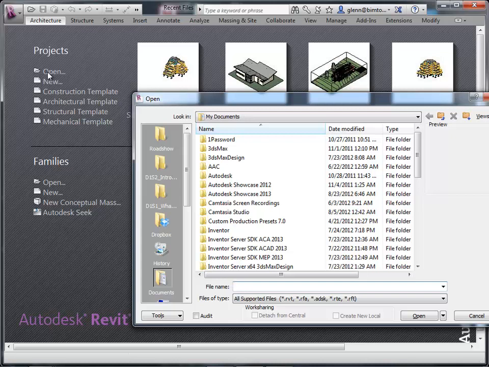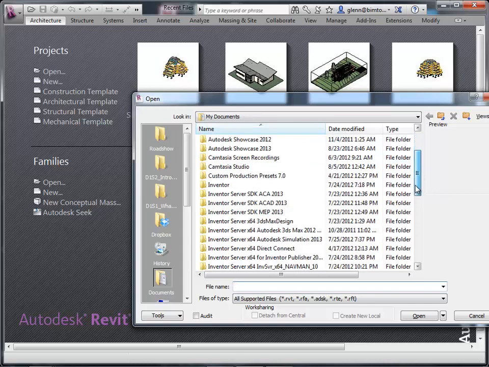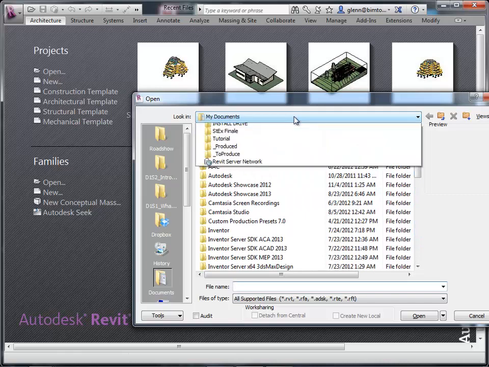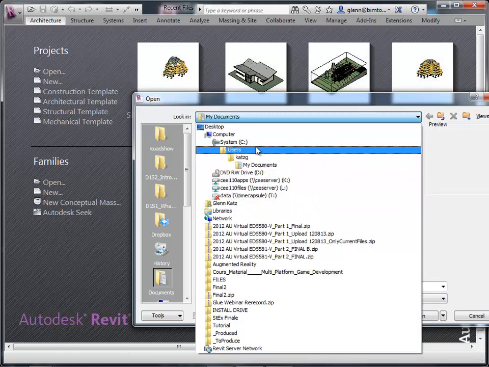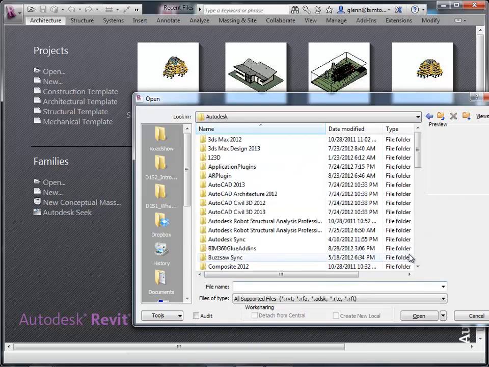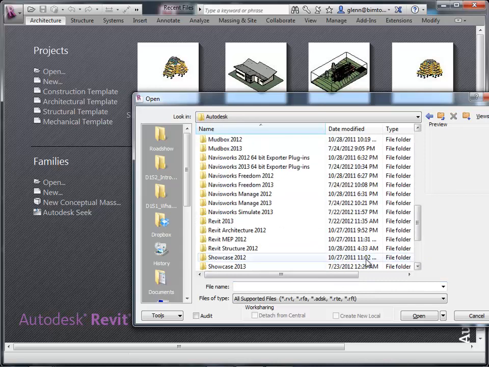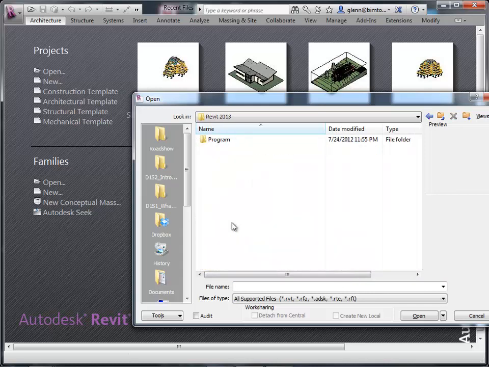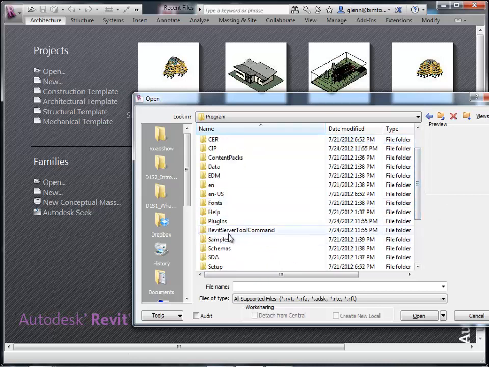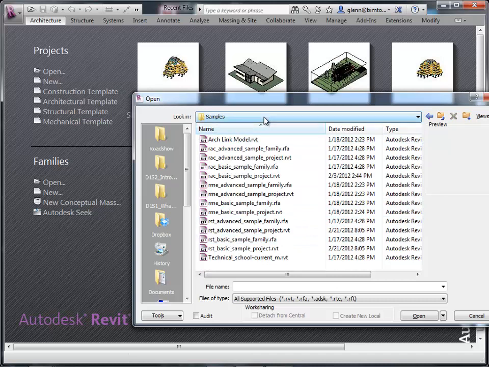They actually store a copy of this inside of C, Program Files, and then the Autodesk Revit folder. So let me show you where that is, just in case you're having trouble locating that. If not, I could also put that out on the L drive if we want to do that too, but it's under C. Let me see if I can find it here, not under My Documents. Program Files, Autodesk, and then let me see if I can find it. Oh, there's Revit 2013, Program, and somewhere way down in here you'll find Samples, and you'll finally find under there,